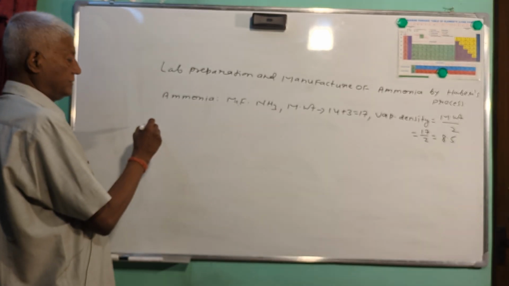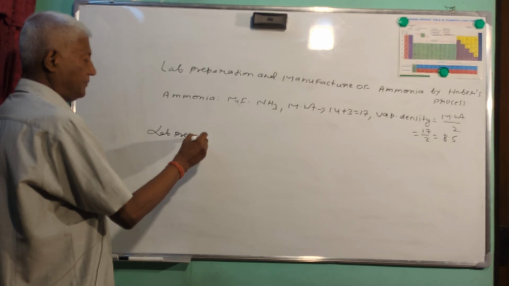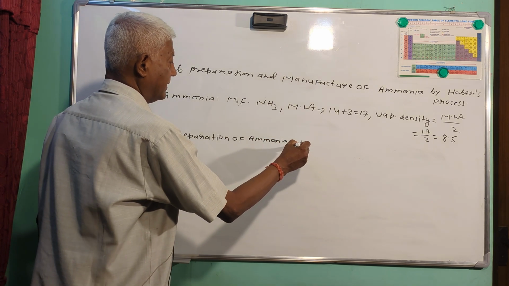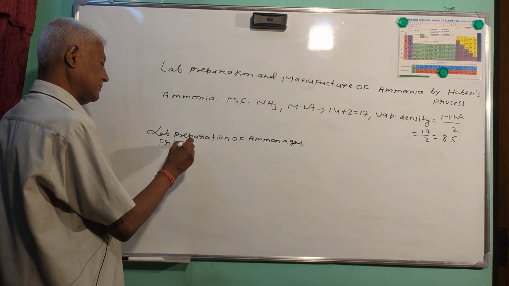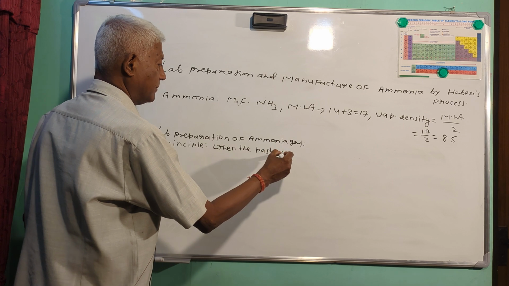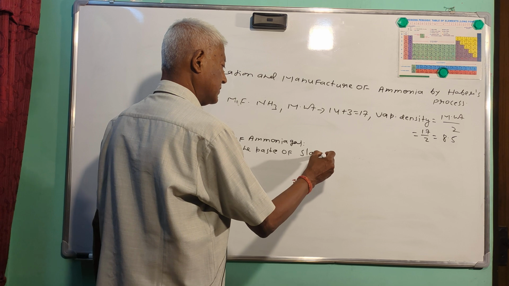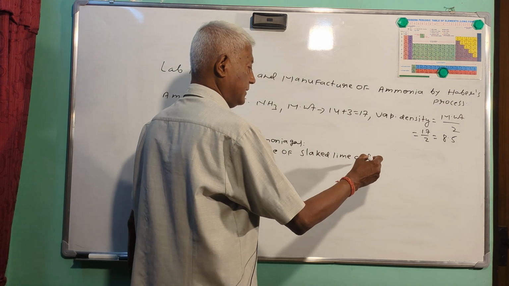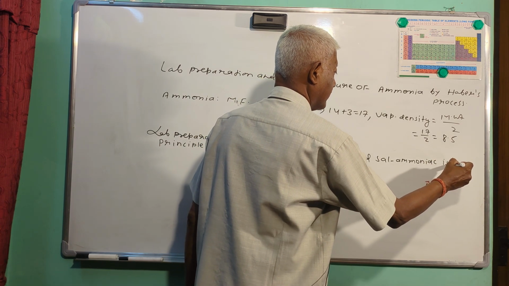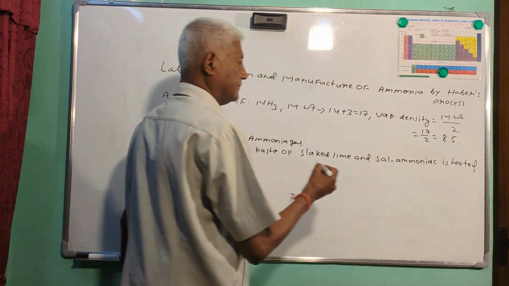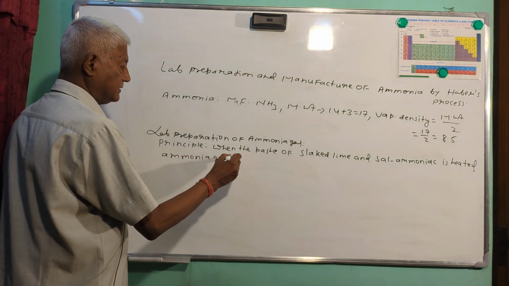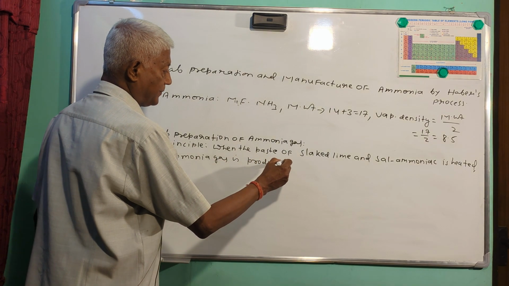So at first we are talking about lab preparation of ammonia gas. Its principle is like this. When the paste of slaked lime and sal ammoniac is heated, ammonia gas is produced,